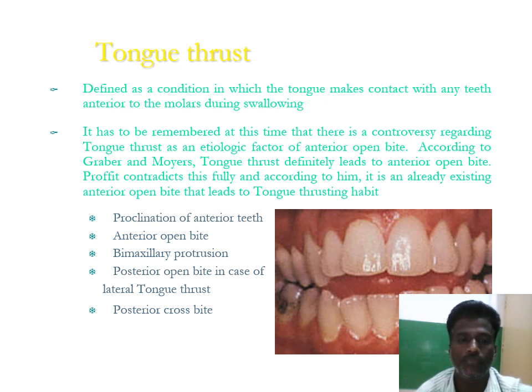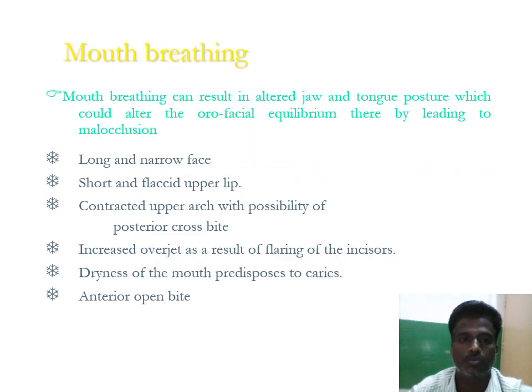Proclination of anterior teeth, open bite, bimaxillary protrusion, posterior open bite in case of lateral tongue thrust, and posterior crossbite. Then mouth breathing habit may result in altered jaw and tongue posture, which could alter the orofacial equilibrium, thereby leading to malocclusion. Long and narrow face, expressionless face appearance, short and flaccid upper lip, contracted upper arch with possibility of posterior crossbite, increased overjet as a result of flaring of the incisors, dryness of the mouth predisposed to